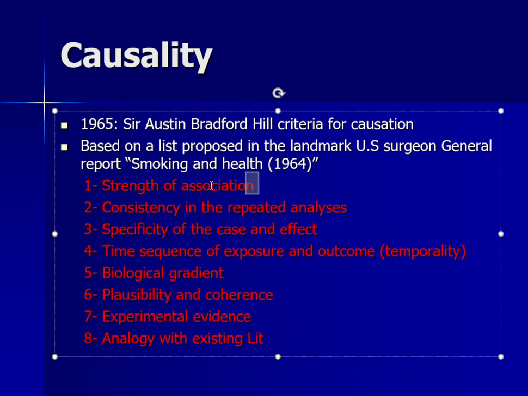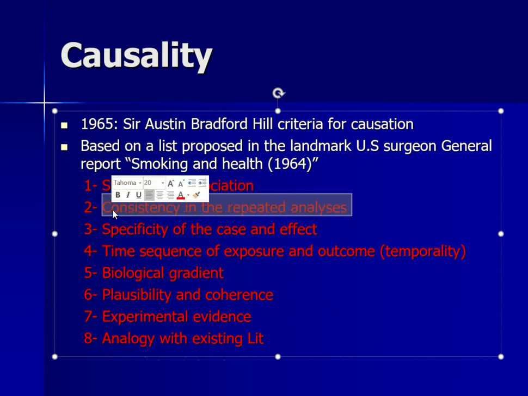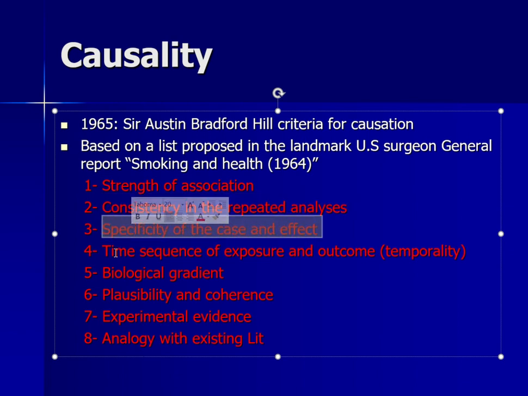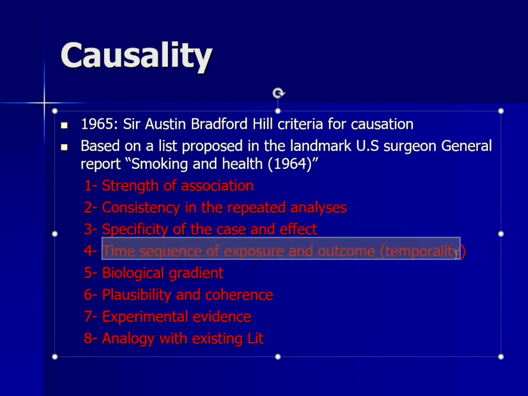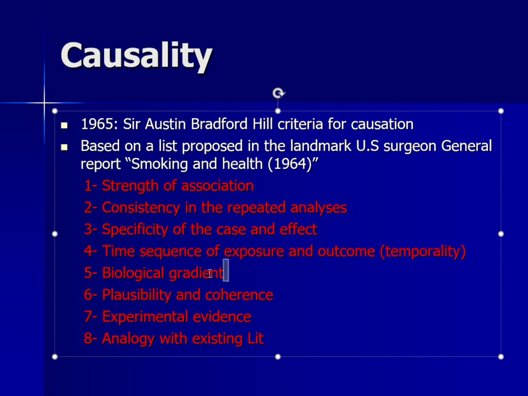He talked about the strength of the association between the exposure and the disease. He talked about the consistency in the repeated analysis. He talked about specificity of the cause and effect, the time sequence of exposure and outcome, temporality. He talked about biological gradient, plausibility and coherence, experimental evidence, analogy with existing literature. These are the 8